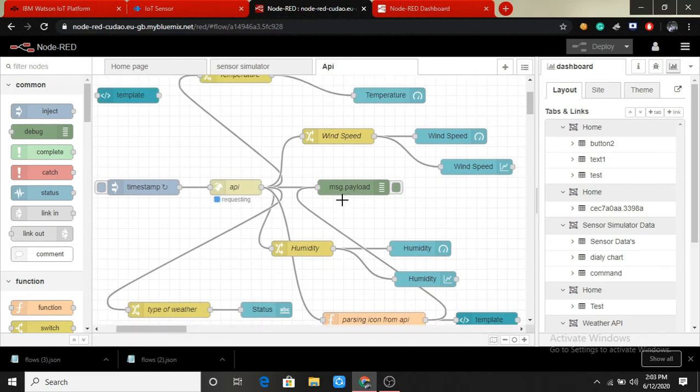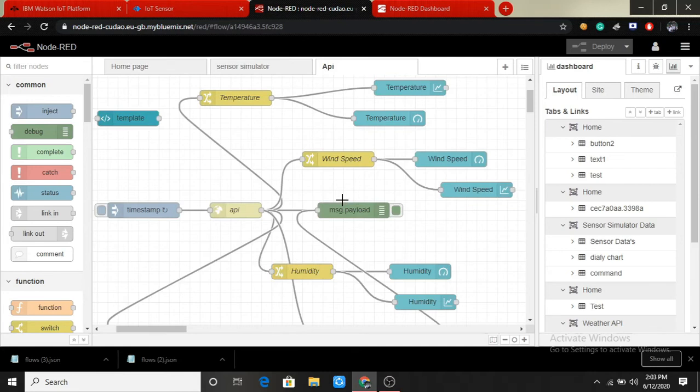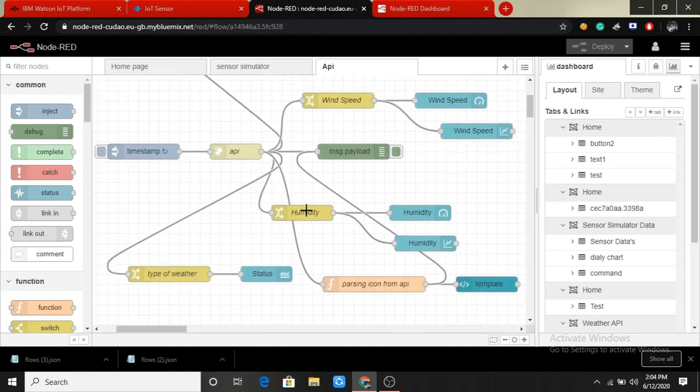The various parameters like wind speed, temperature, humidity, and type of weather system can be parsed from the API. One of the most crucial things we need to keep in mind while parsing an API is that we need to trigger it for a certain interval of time. But in Open Weather API, they had given an exemption that we can trigger data up to 16 triggers per minute, it seems. So after triggering, a set of JSON values will be coming. We need to parse those JSON values.